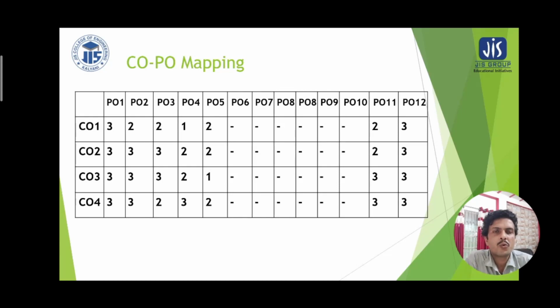Now in the course outcome and program outcome mapping, we are seeing that there are 12 program outcomes which are mapped to the course outcome statements. Here, as 4 course outcome statements exist for basic electronics engineering, they have different weightages assigned to each column of program outcomes. And here 3 depicts the high weightage assigned for a certain mapping, 2 means the moderate linking, and 1 stands for the least linking. When there is no link, it is kept vacant with a dash line.